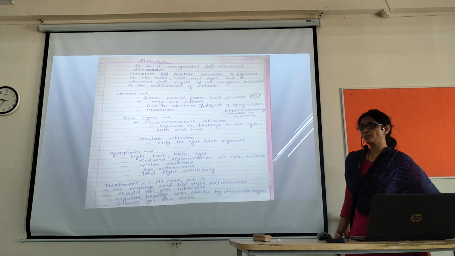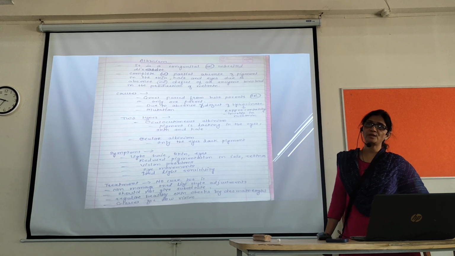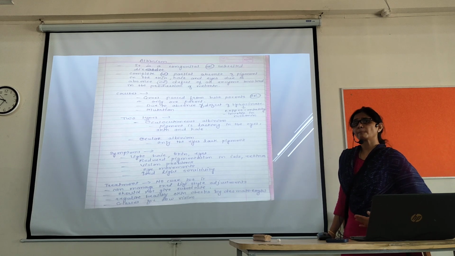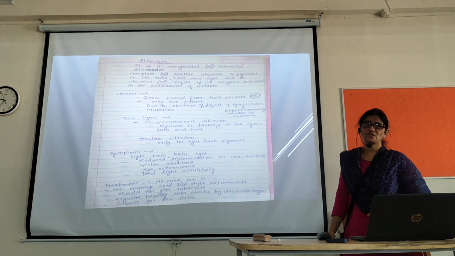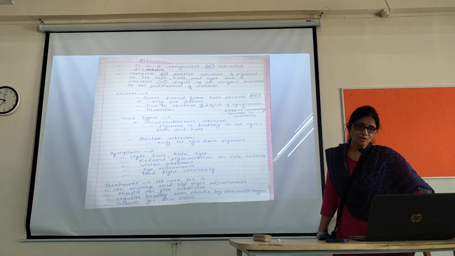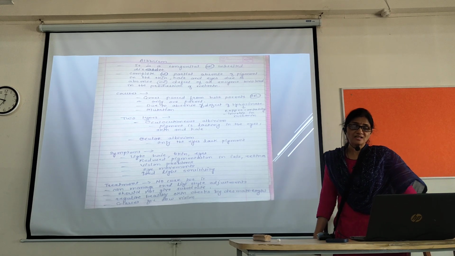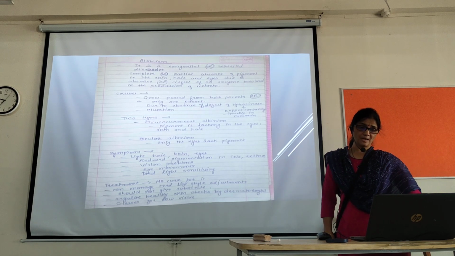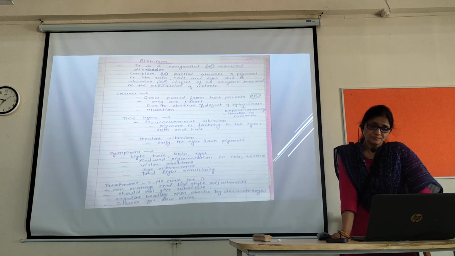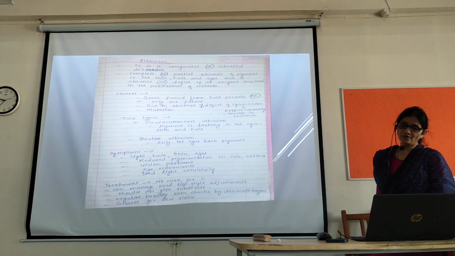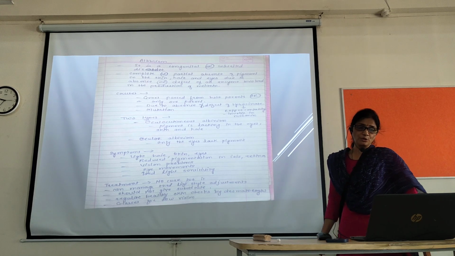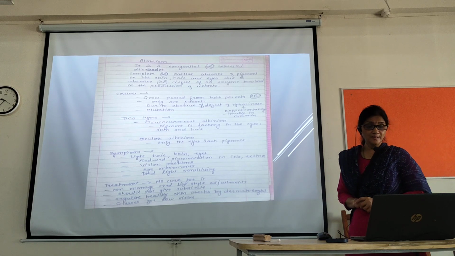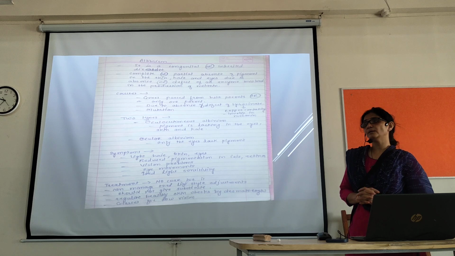Okay, melanin pigment's production does not happen properly. Whether there is a complete prevention of the production of this melanin pigment or partial. Okay, so what are the causes behind this? Genes passed from both parents or only one parent. So mainly it is a highly congenital or genetic disease, due to absence or defect of tyrosinase. Okay, if it is due to absence or defect of the tyrosinase enzyme, which is copper containing and involved in melanin production.